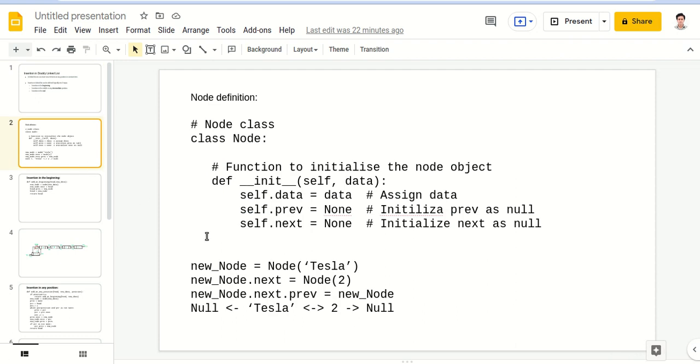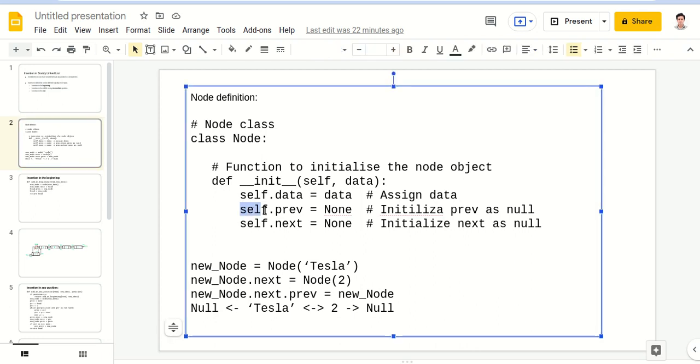Now let's see the node class. The node class looks like this. Whenever we create a new node, the data is first stored in self.data, then prev is defined, and then next is also defined. Prev is initially initialized as none, and next is also initialized as none.